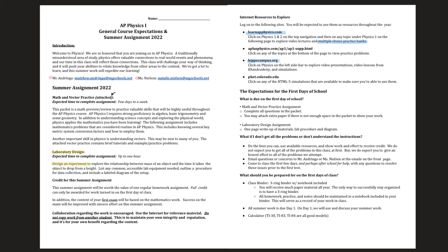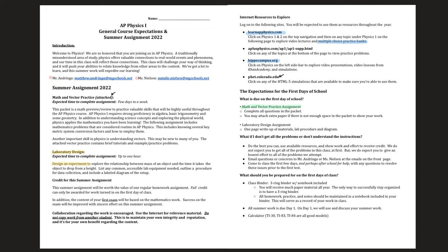Hippocampus.org is a good website as well. It's got more videos, lessons from Khan Academy. It pulls in things from a lot of different resources, which is great. And then this last link, the PhET simulations, we will be using in class, so it's good to have bookmarked on your Chromebook. On the first day of school, again, we will be collecting this math and vector practice assignment,